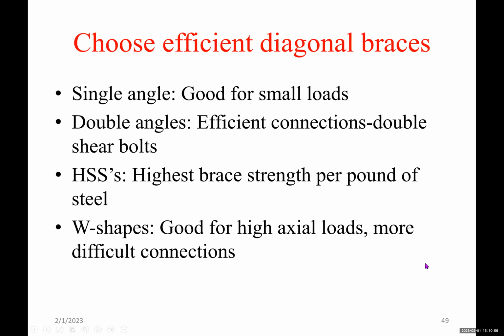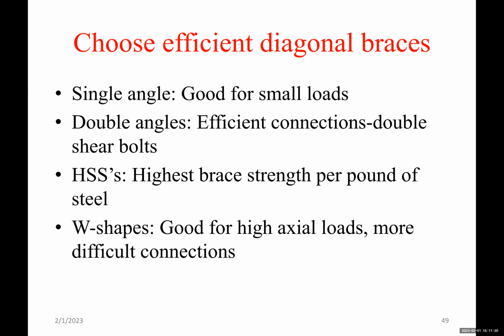Okay, choose efficient diagonal braces. It depends on the loads that you have for diagonal braces, and on the application, whether it's for stability, for wind forces, for seismic applications, etc. A single angle is good for small loads. If you have small loads, you can use a single angle and design. Use L6x6, L5x5 if it's enough, L4x4 if it's enough. Double angles are efficient